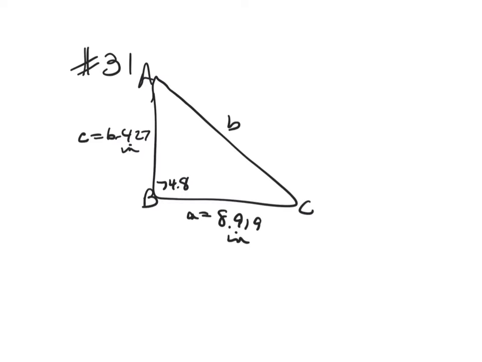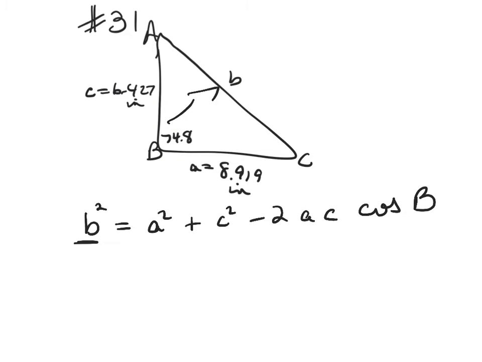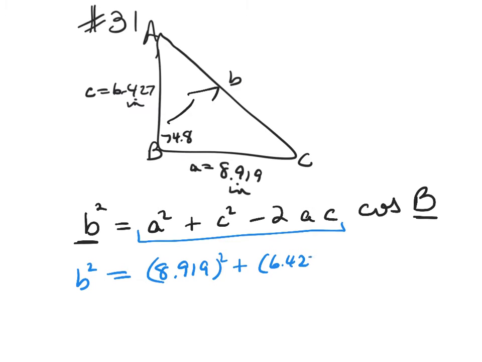So let's go ahead and see what we do for a side angle side. I need to find the side opposite the angle that's given to me. So I'm going to be looking for little b first. So I can do b squared equals a squared plus c squared minus 2 times a times c times the cosine of the letter I'm looking for. So these two letters need to match, and then you put the other 2 letters in this part of it. So let's fill in what we know, or what we don't know. We don't know little b. I know little a is 8.919. I'm going to square that. Little c, 6.427. And then 2 times 8.919